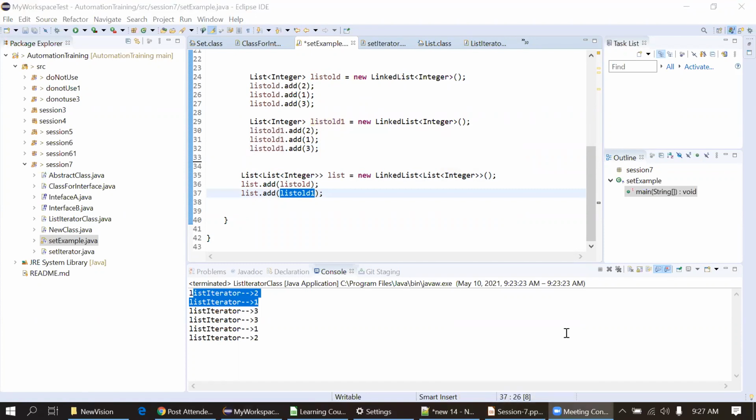Yeah, Diksha. The main question was, can we change the integer data type for two different lists, keeping the first type as integer and the second being different? I think no, let me try.